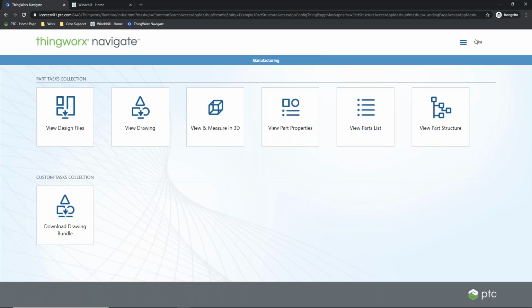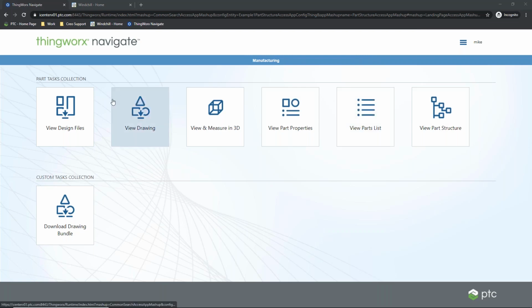Thanks, Alan. Hi, everyone. So hopefully you guys can see my screen now. So this is ThingWorx Navigate. As Alan mentioned previously, we have some out-of-the-box default apps, which are tailored depending on the role. So here I'm acting as Mike, the manufacturing engineer, and he has access to these select applications as defined by the administrator. We'll show a little bit about configuring that later on, but for now, let's jump into the